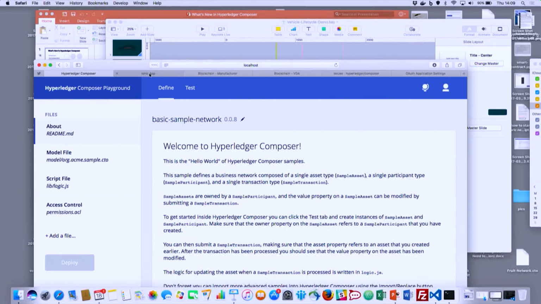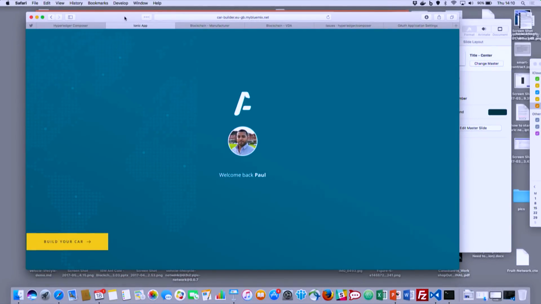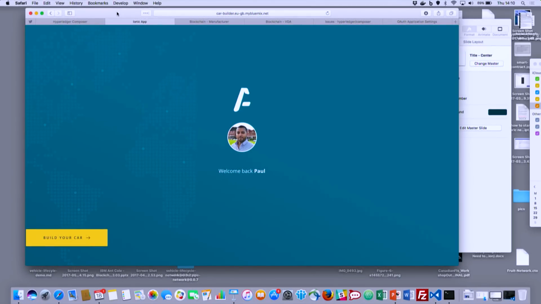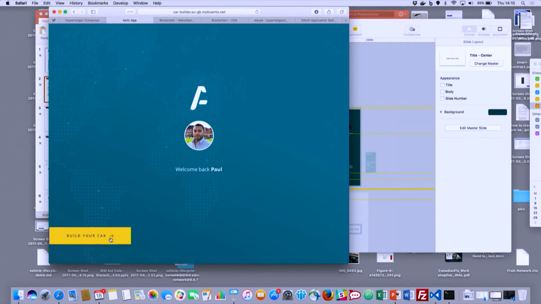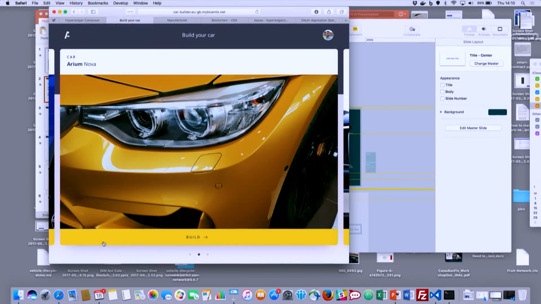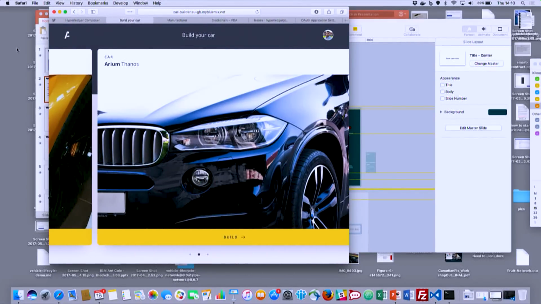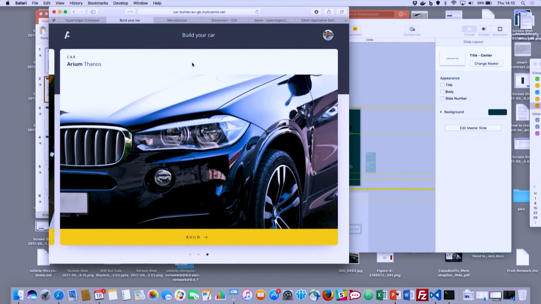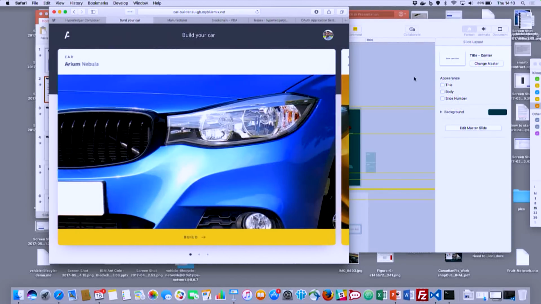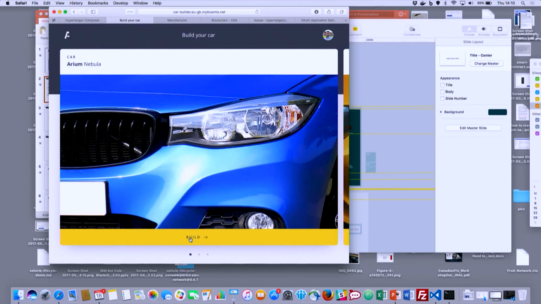The iOS application, which was built using the Ionic framework, so I can run it in a browser, or I can run it on an iPad or on an iPhone. It's this nice responsive application. And I'm going to press the Build Your Car button, and I can see the various models of car that Arium manufacture. So there's the Arium Nova, the Arium Thanos, and the Arium Nebula. So Paul, he'd like to purchase the Nebula, so he presses the Build button,